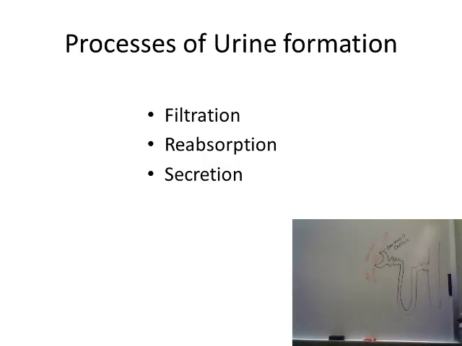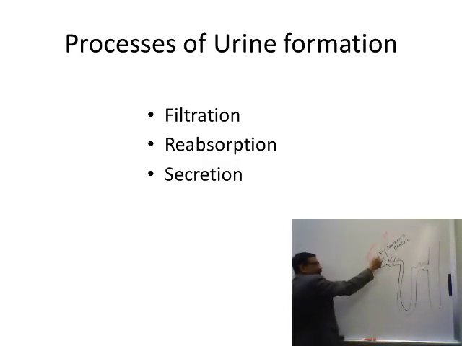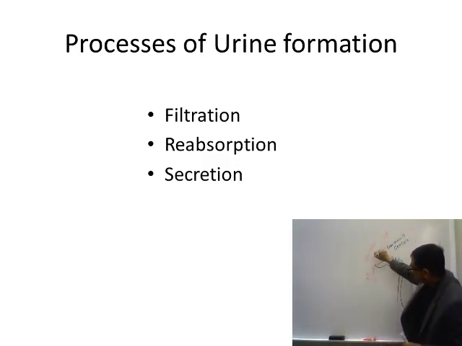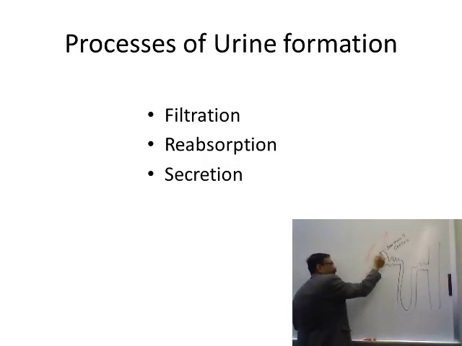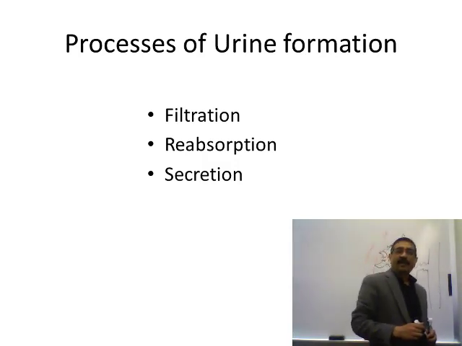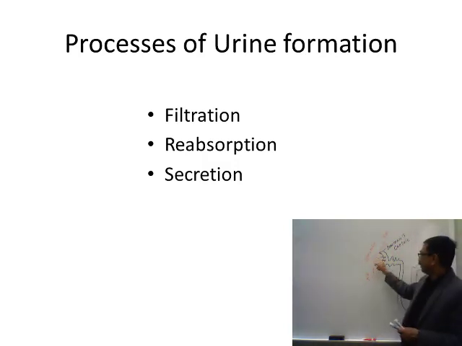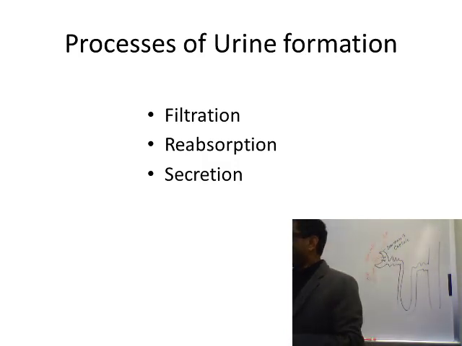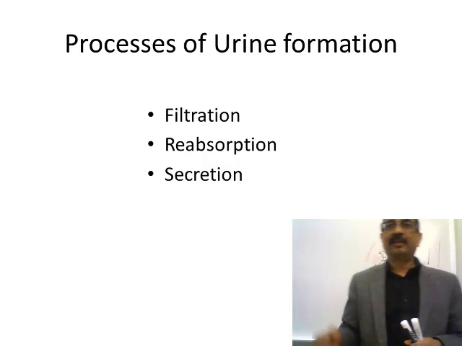Okay, so when the blood passes through the glomerulus, it stays for a long time because glomerulus is a very long tube. It's within a ball. So blood circulates for a long time here. And during that time, filtration takes place. That means from the blood, water and other chemicals get out and enter into the first part of the nephron, and that is the filtration. From the glomerulus, water and other chemicals get out